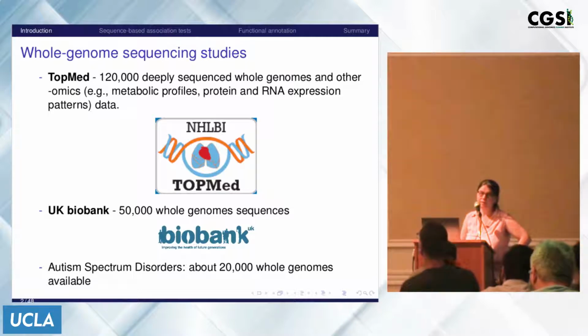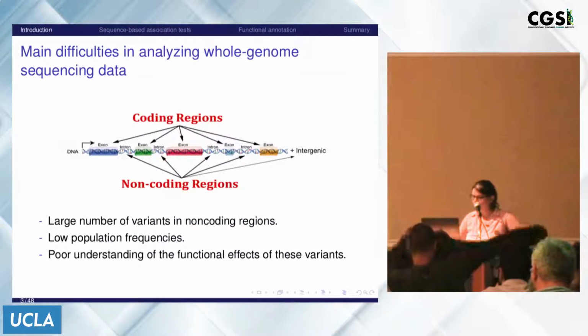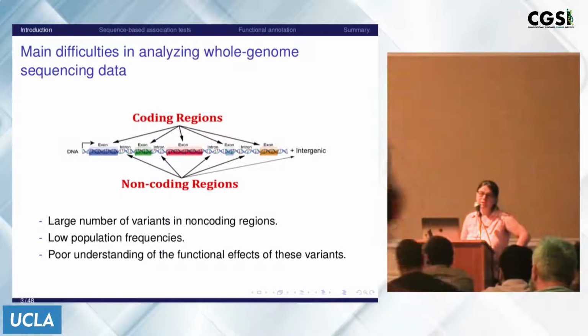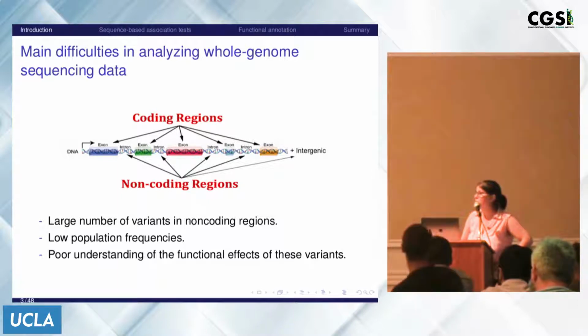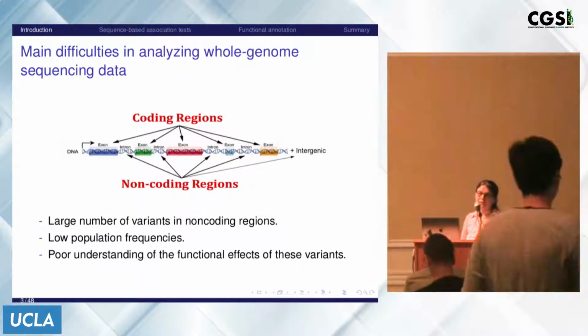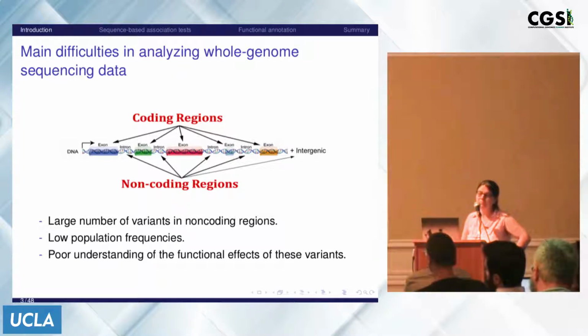For example, we are involved in an autism sequencing project that will soon have available over 20,000 whole genomes. So with all this whole genome sequencing data becoming available, we need to think about ways to efficiently analyze this type of data. And some of the main difficulties that occur in handling whole genome data have to do just with